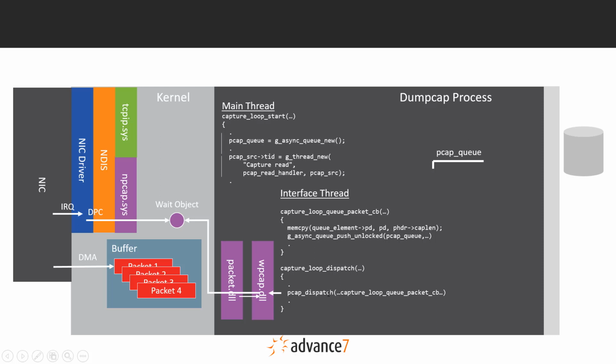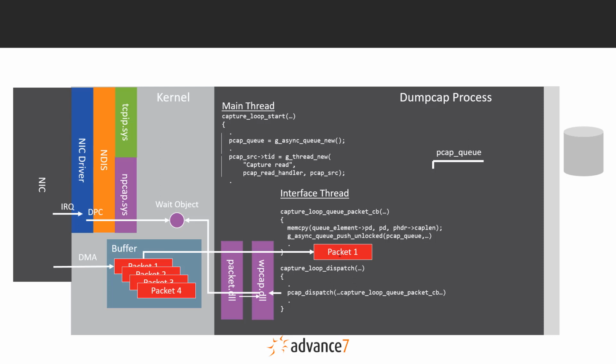wpcap.dll in combination with packet.dll and, I guess, the npcap.sys driver actually copies the packet from the kernel buffer into the user address space. Now you'll notice that we have a callback function specified in the pcap dispatch, capture loop queue packet _CB for callback. So you can see the code for the callback routine above that line, and so the next thing that happens is that